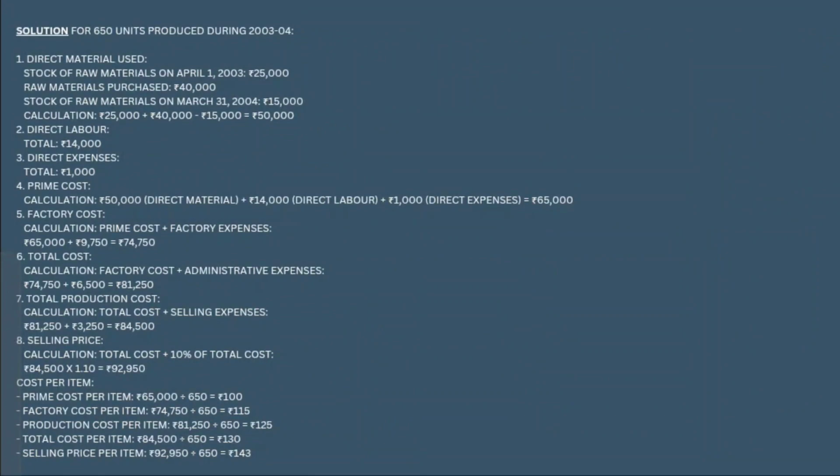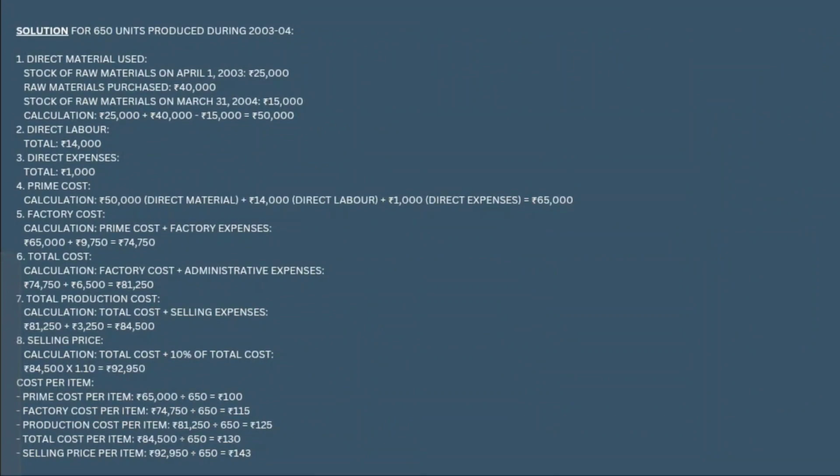Prime cost. Now factory cost. Factory cost equals prime cost plus factory overhead. We calculated the prime cost as 65,000 plus factory overhead is 9,750. That is rupees 74,750. Total production cost. Total production cost equals factory cost plus administrative expenses. We get from the previous, factory cost is 74,750 and administrative expenses is 6,500. Total